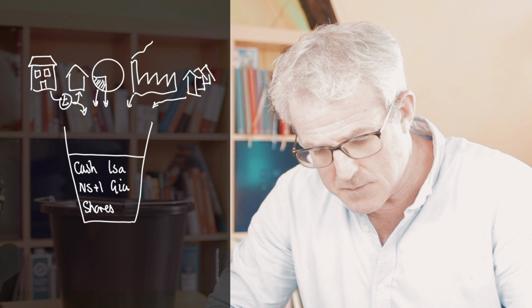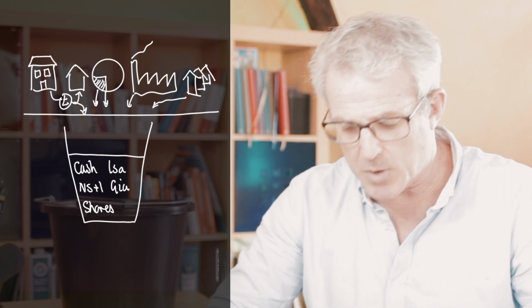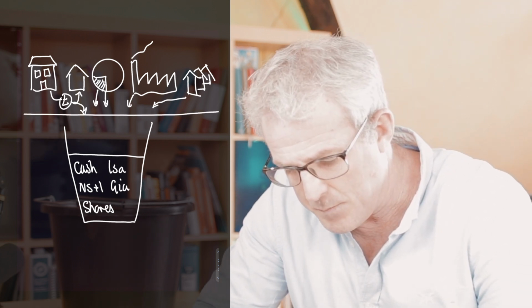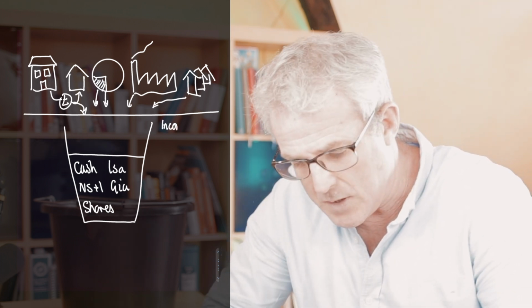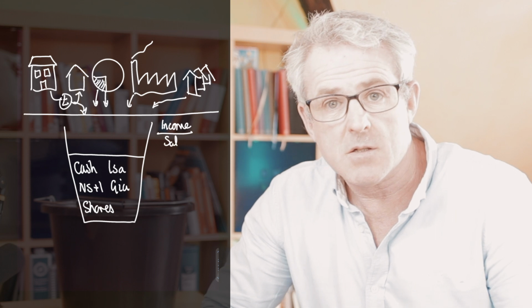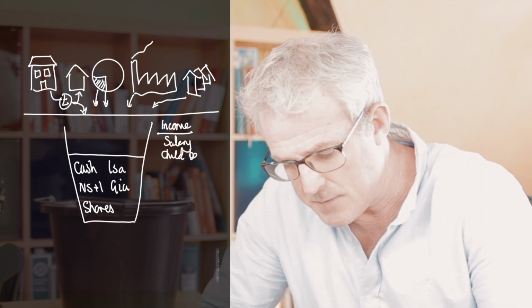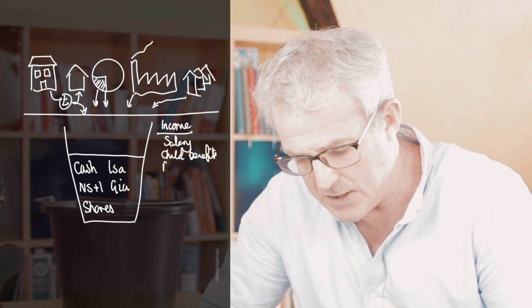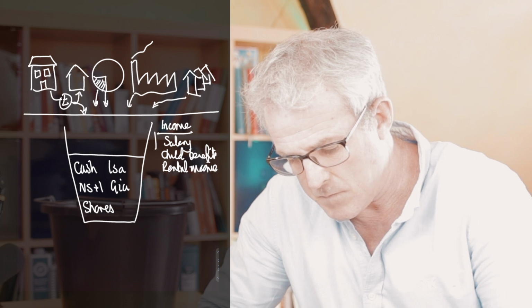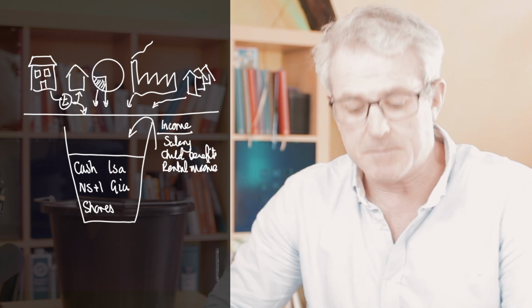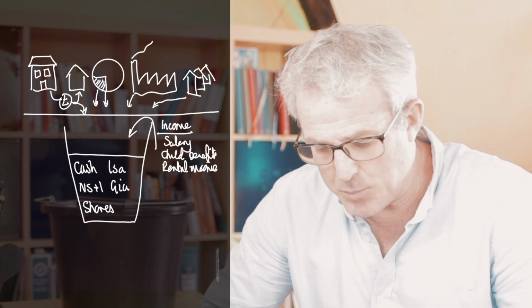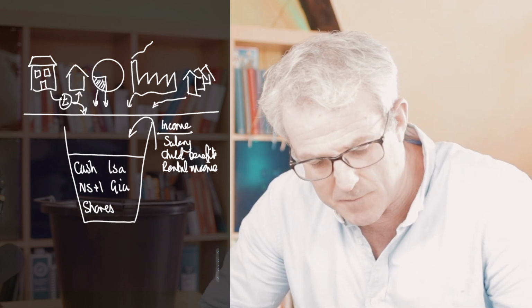Those things sit outside your bucket and inside your bucket, but you've also got some payments going into your bucket. You've got your income, so salary going in, child benefit going in, rental income, if that's your thing, and they're all going into your bucket. And then at some point those incomes are going to stop, and we've got some future income.